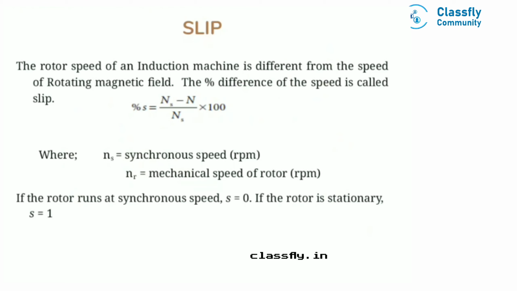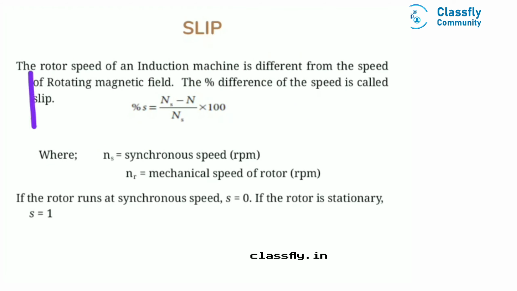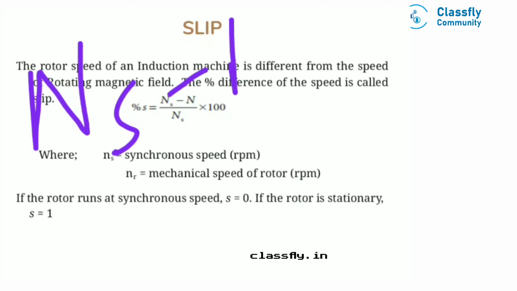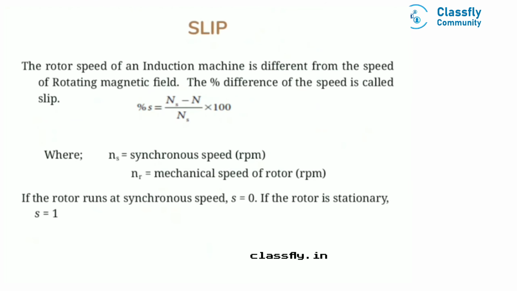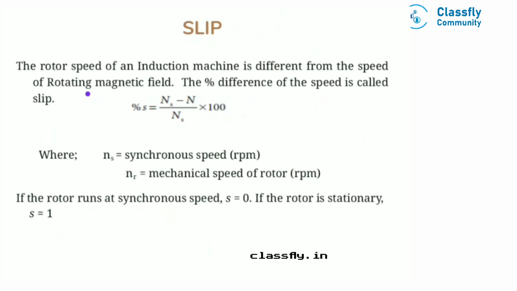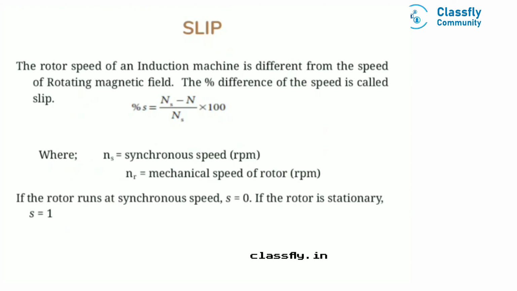Whereas when our nr will be equal to our ns, that is the synchronous speed, at that point of time it will be ns minus ns by ns. So we will get s. So we will get what? We will get s is equal to 0. That means if the rotor runs at synchronous speed, we will get s is equal to 0, and we